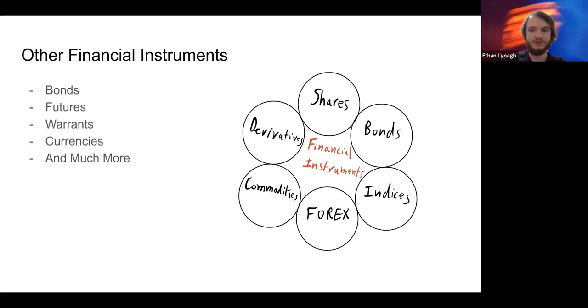You also have futures, which trade on the future prices of stocks. So say you think a stock would go up in the future, hence the name future, you could buy these futures. They're pretty complex, so there's a lot you could say about those. There's also warrants and currencies and much, much more, but these are just a few. We won't be focusing too much on those.